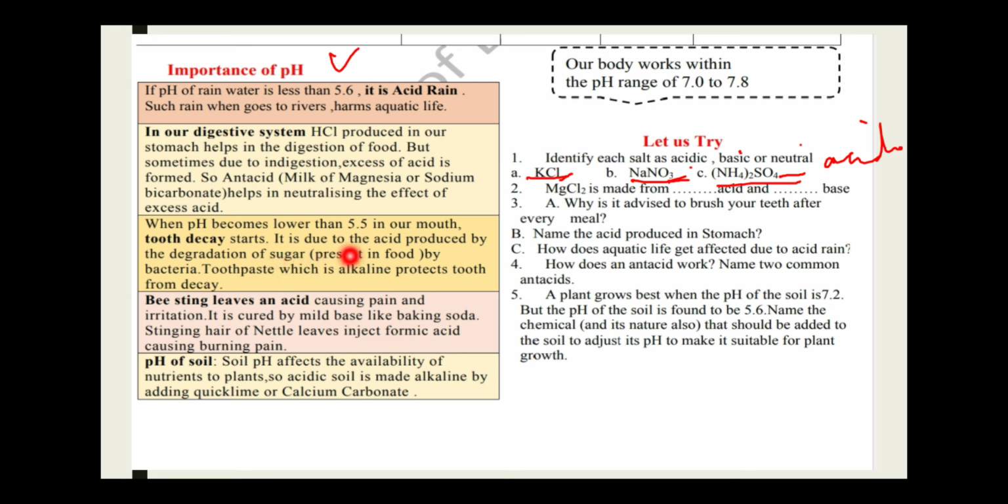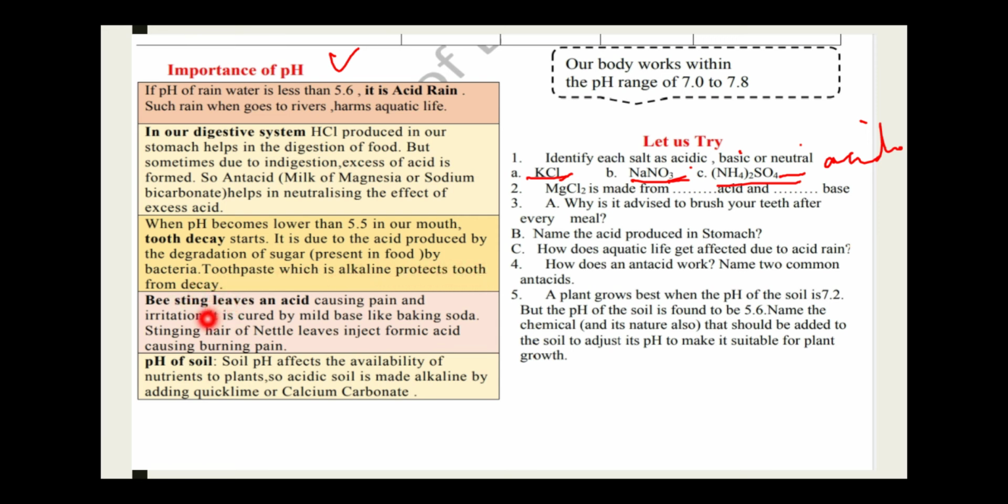तो उन बैक्टीरियाज की वजह से थोड़ा सा एसिड भी रिलीज़ होता है, और वो एसिड हमारे दांतों को ख़राब कर सकता है. सो टूथपेस्ट हम यूज़ करते हैं अपने टीथ को क्लीन करने के लिए, बिकॉज दे आर एल्केलाइन इन नेचर. वो एल्केलाइन है, वो बेसिस हैं. They also neutralize the effect of the acids produced by bacteria and protect our teeth from decay.